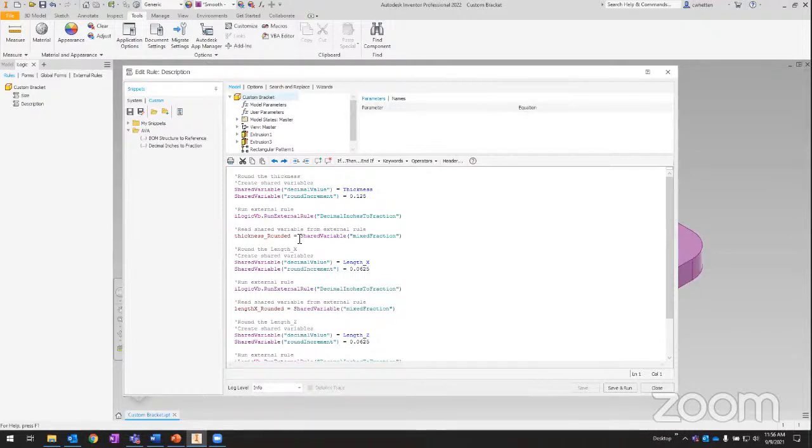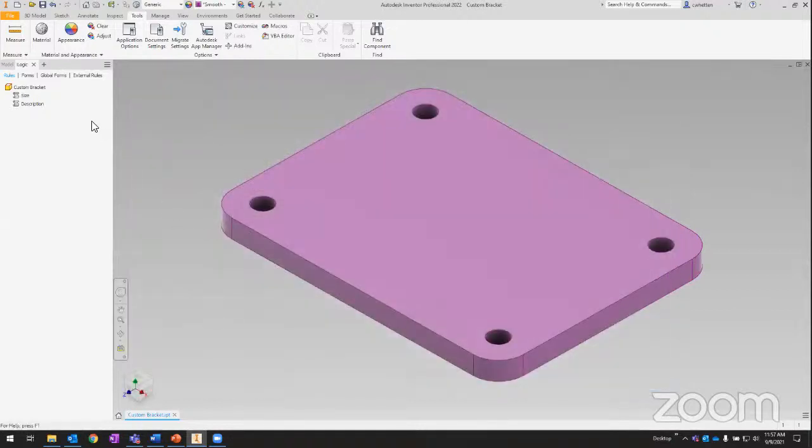I'm gonna close out here. And on the topic of external rules, can you say anything about global forms? Is that something you might be interested in the future, perhaps? I think that's just the external equivalent to forms, isn't it? Yeah, a global form is the form equivalent of an external rule, exactly. Normally when you create an iLogic form, it lives inside this document just like a standard iLogic rule does. But if you want to make a form that's available to any document, like what I've got here, this is kind of an old one. In the olden days, it's not really necessary anymore, but